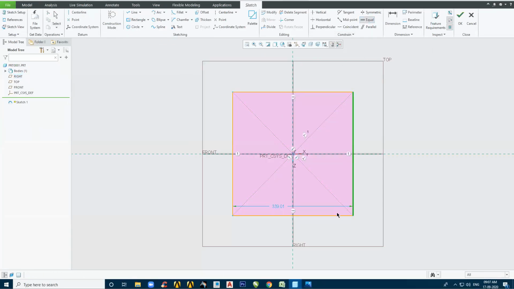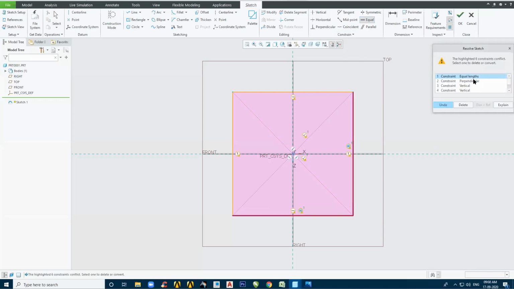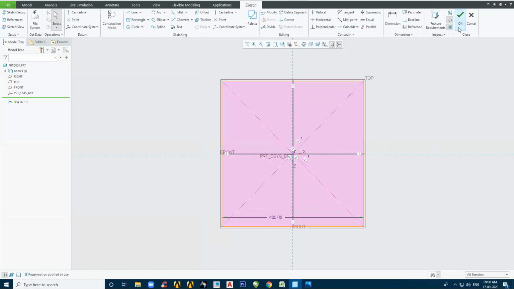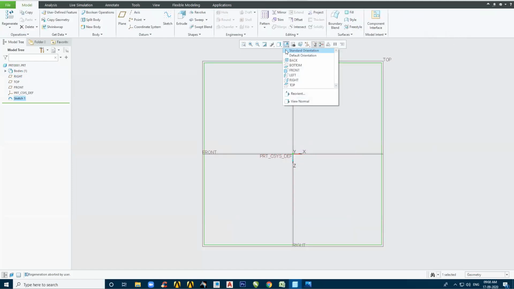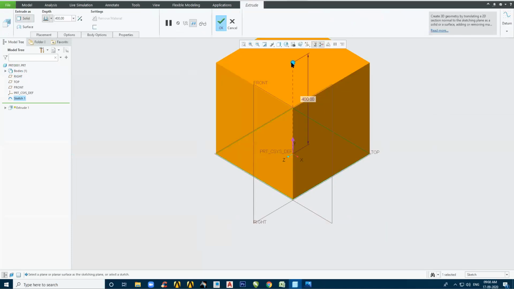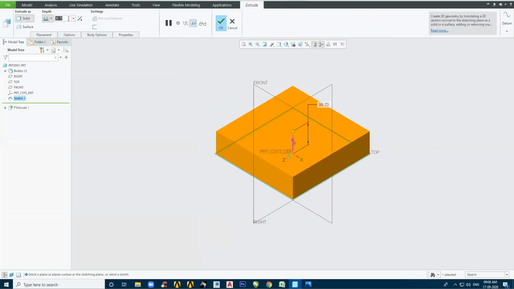Equal, this and this are equal. Equal length is already there, so no need of giving it. This I need as 400. Change it into standard orientation, extrusion, and I am giving an extrusion of 100.